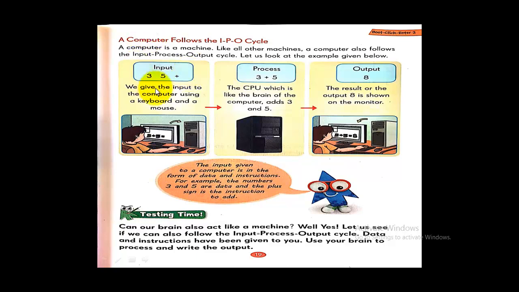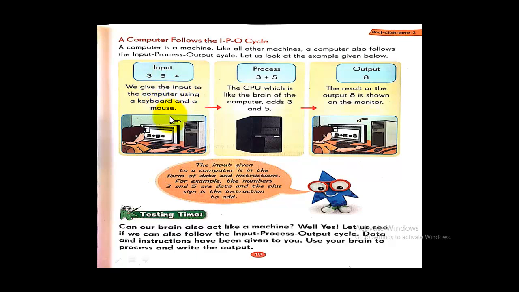Now let's look. Now input we give here 3, 5 and then plus. That is we add the numbers 3 and 5. Now we give the input to the computer using a keyboard and a mouse. Keyboard and mouse are known as input devices. So using these input devices we input something to the computer, we input some numbers using the keyboard into the computer, then